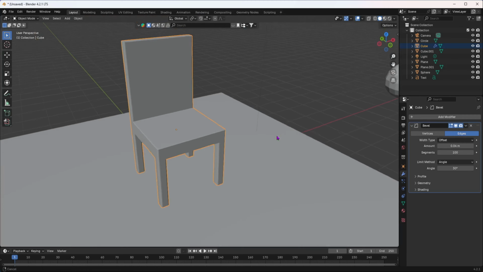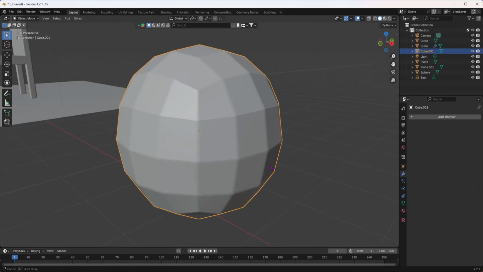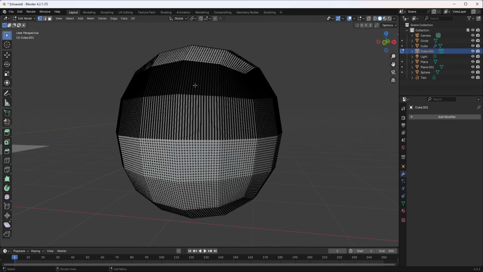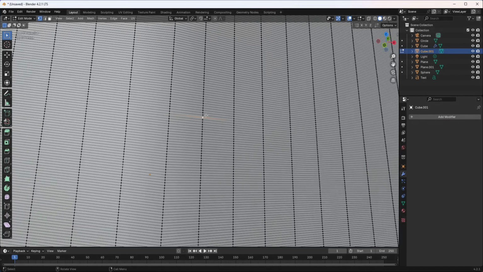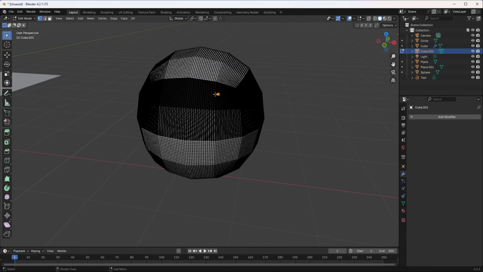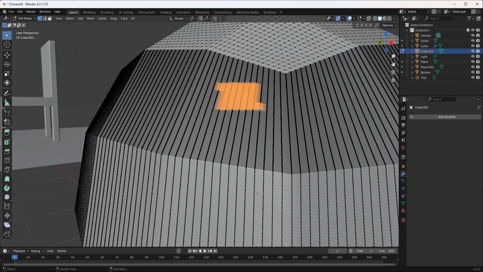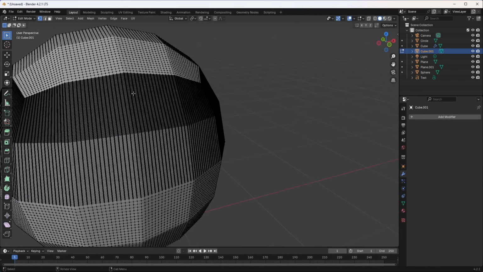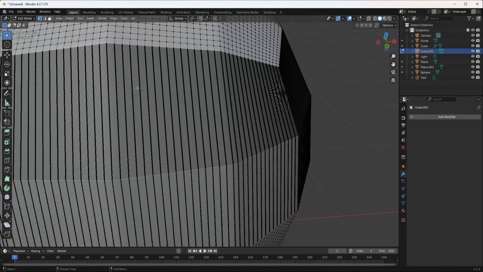Now another modifier will be very useful if I go to this UV sphere here. If I go to my edit mode, you will see that I have so many faces. If I zoom in, as you can see, we have so many. And if I zoom out, you can see it's so dark. That is how many vertices and faces there are. Now, if you want to make it a bit smaller, get rid of these random vertices that you do not want,